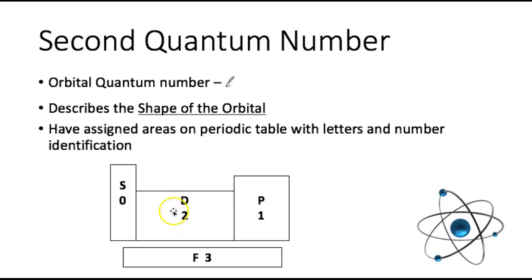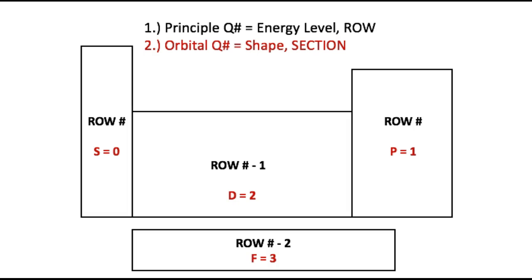In the middle where the transition elements are, this section of the periodic table is designated with the d orbital and is given the assigned value of 2. And down here in these bottom 2 rows, this is where we find our f orbital, and it is assigned a value of 3. So if you want to, you can actually add this information onto the periodic table that you previously drew. So you want to include that this is the orbital quantum number, and it tells you the shape of the orbital where the electron will be found,